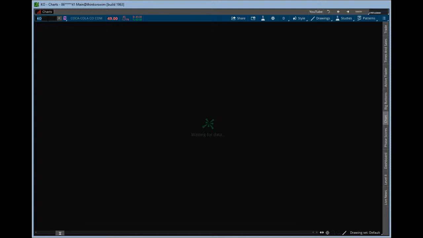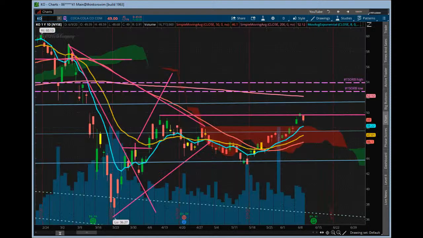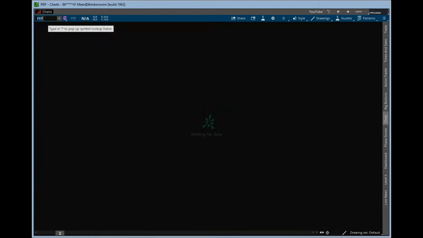Coca-Cola. There we go. Again, similar stuff right there. A little bit of a doji yesterday, decreased volume, came back a little bit, still at the 80 MA, still over the cloud, kind of in a chop zone. Might be starting a larger cup and handle type pattern. Here's your cup, potential handle, and then try to work its way out of that. But it's a good one to look at there.